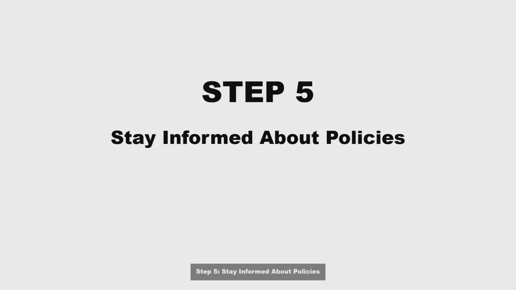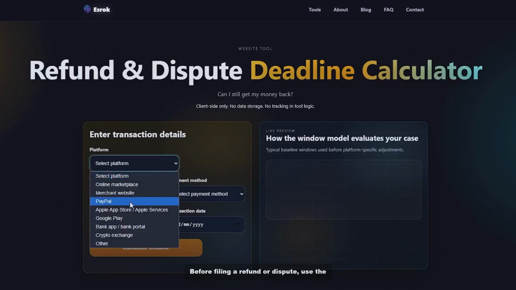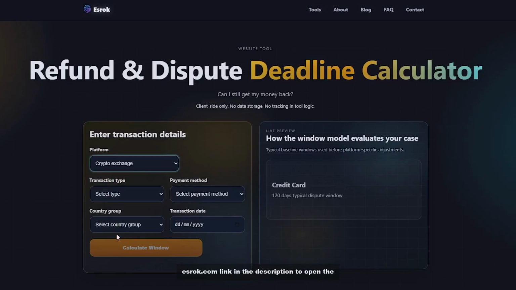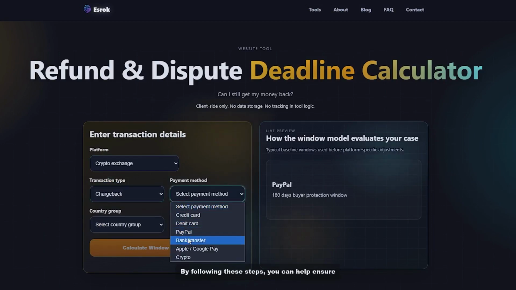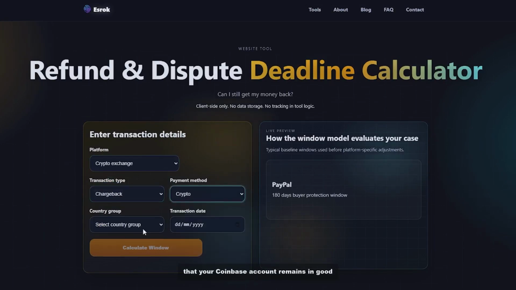Step 5. Stay informed about policies. Before filing a refund or dispute, use the SROC.com link in the description to open the refund dispute deadline calculator and confirm your deadline. By following these steps, you can help ensure that your Coinbase account remains in good standing